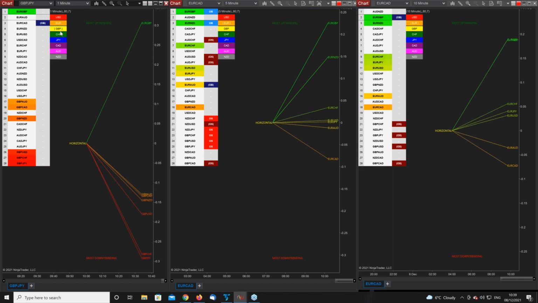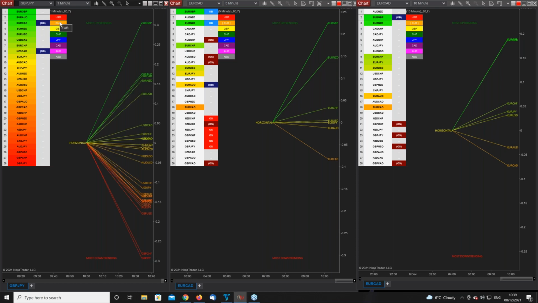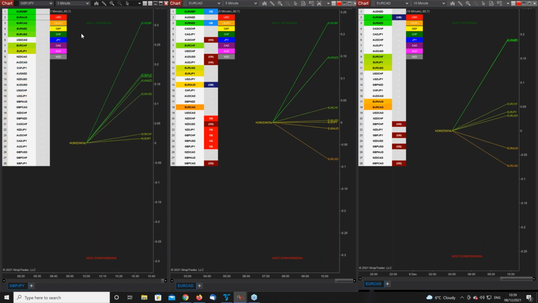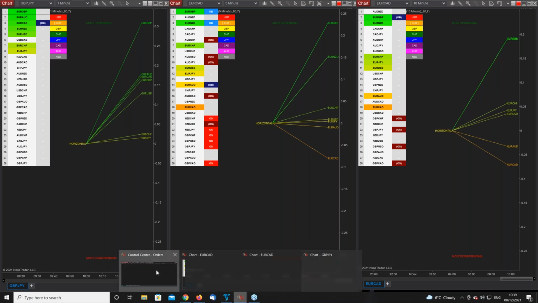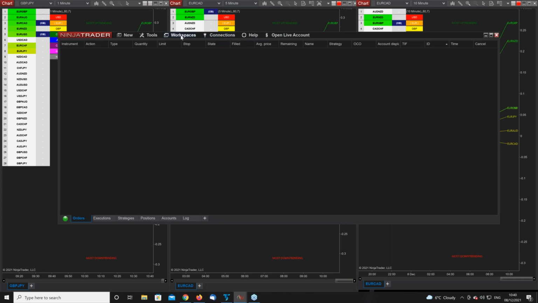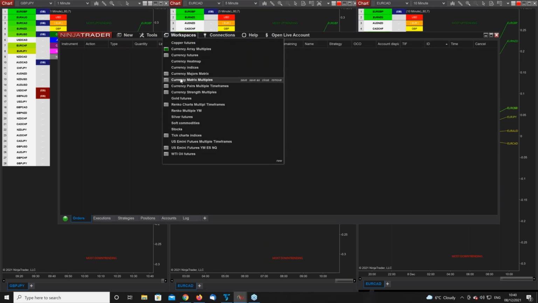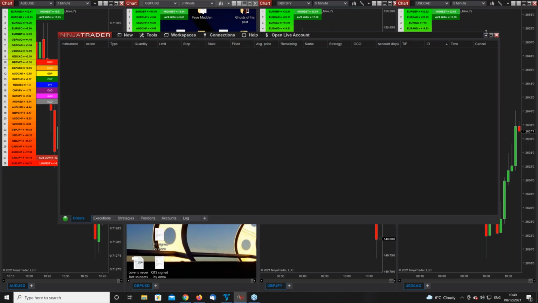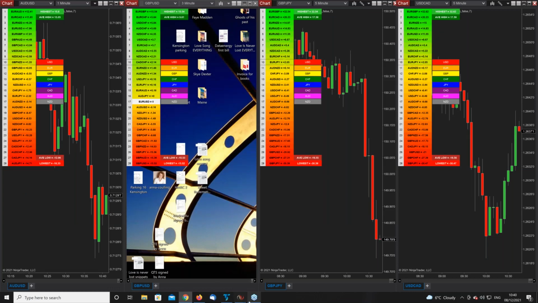So that's what you're doing the whole time. You're just constantly flip-flopping around. You're looking for, what is the sentiment, and that is what's revealed on the currency array. And I make this point constantly about the currency array, and I've got the currency matrix as well. The difference between the two is, just go to the currency matrix. There we go.